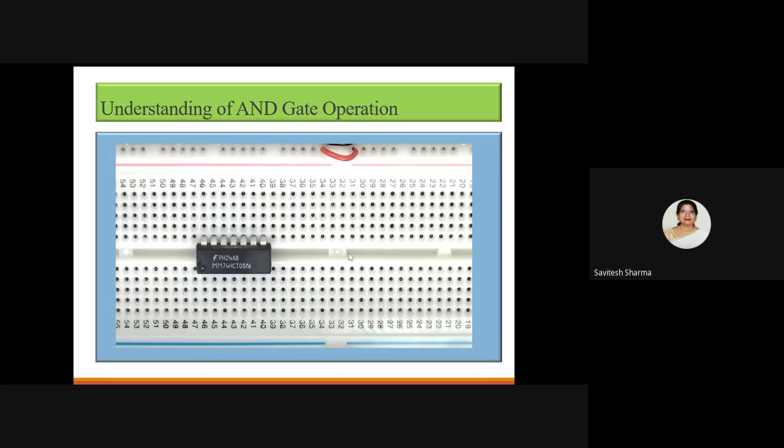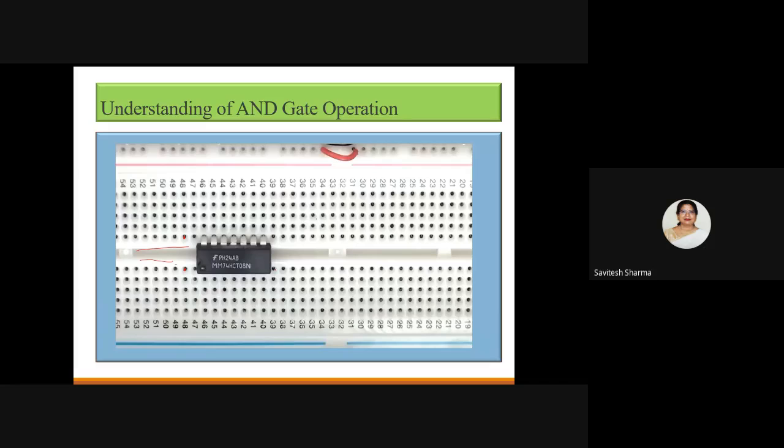So if you want to do an experiment in the lab, you will use the breadboard. So this is the breadboard, and I insert the pin in the breadboard like this. So you see, this is the slot. You see, 2 slots are there in the breadboard. So this indicates that this hole and this hole are separated. So you will insert your IC.